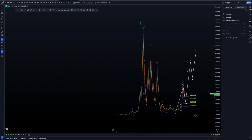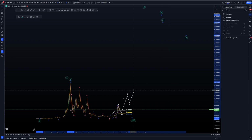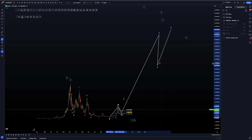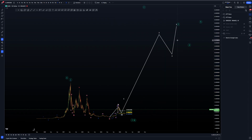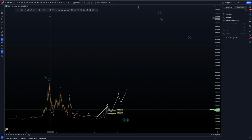So the white wave here is going to possibly complete this wave 3, 4, 5. In that case, we're going to make something a lot bigger to the upside. So 3 or 5 here, like this. Yeah, it's a bit high, but anyway. So we're going to make something like this, really, to make this wave 1, 2, 3, or 5 to the upside. Or as always, we can just stay with this small, if we can say small, 5 waves like this,